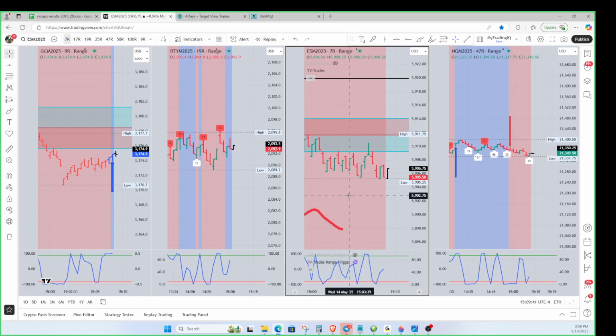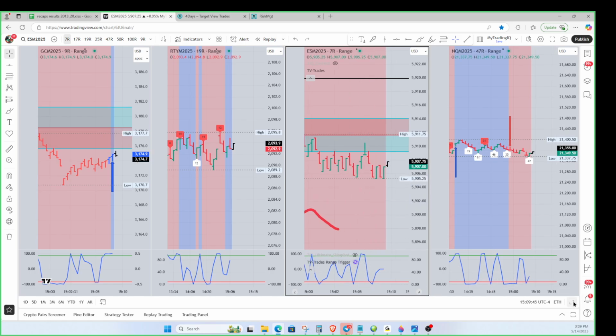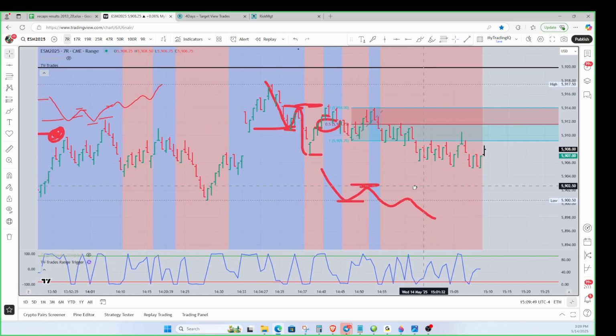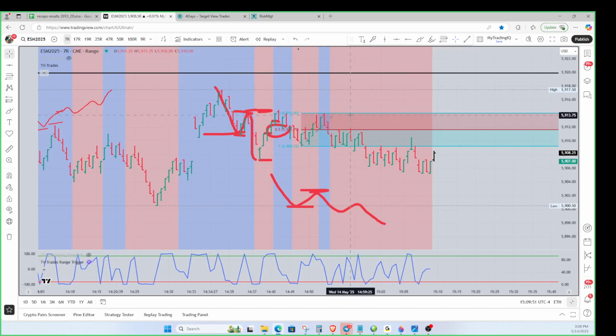It's not a hard transition to make, and if you're just staring at one market, it's not a hard transition to make. And see, what happened is it went down here, and then it pulled up, and then it went down, up and down, and up and down. So in that up and down right here, there's a chance for you to make some money. So the way that this has worked right now,